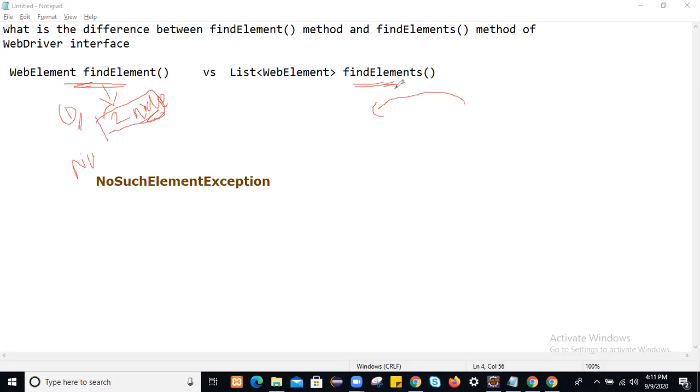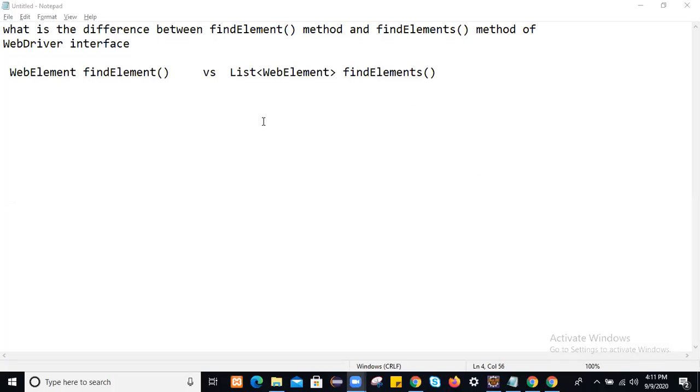If nothing gets matched on the web page, it will return null, and it will hold only a null object. On that null object, if you try to perform any operation, then you will get an exception called NullPointerException. You should know this exception.